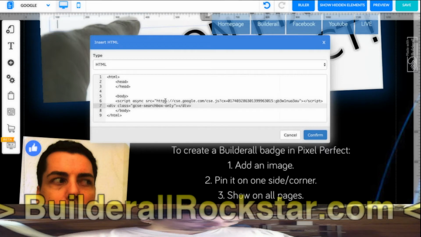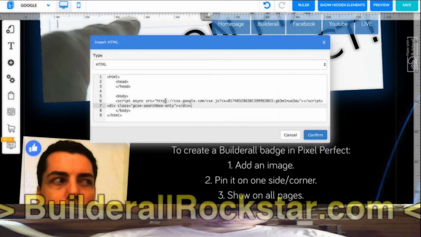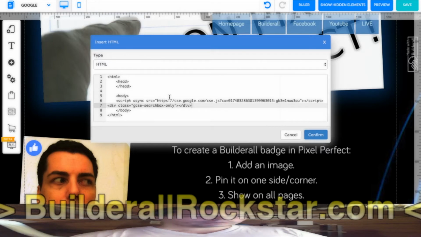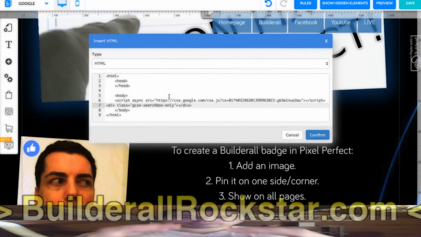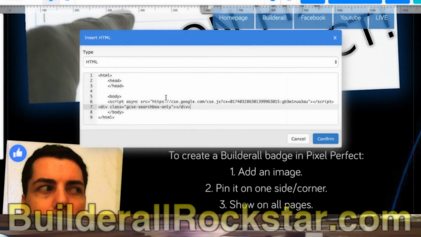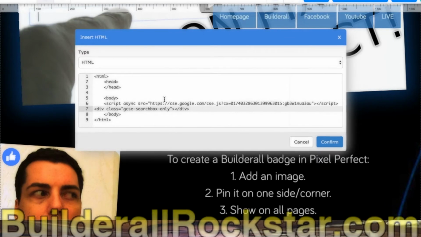Okay, and one important thing that I mentioned at the beginning is that when they click on the search box button, we want it to open in a new window. Otherwise, it will open inside the window. You know what we changed in the custom search engine settings? It was for the search results.